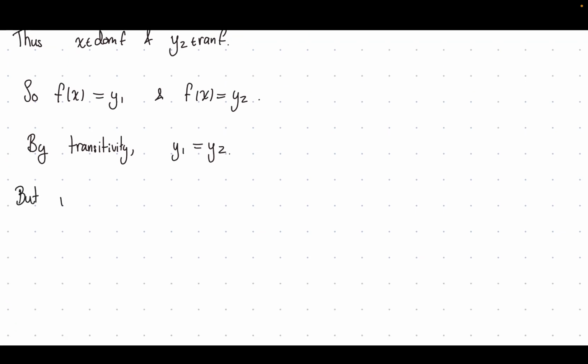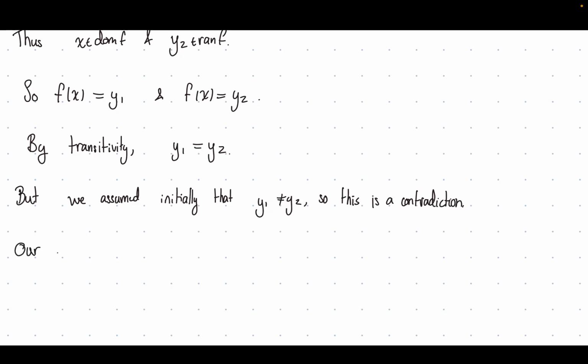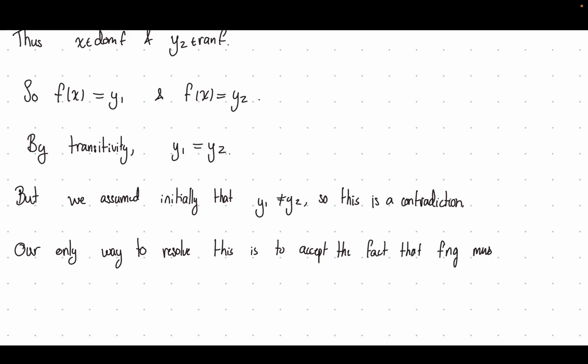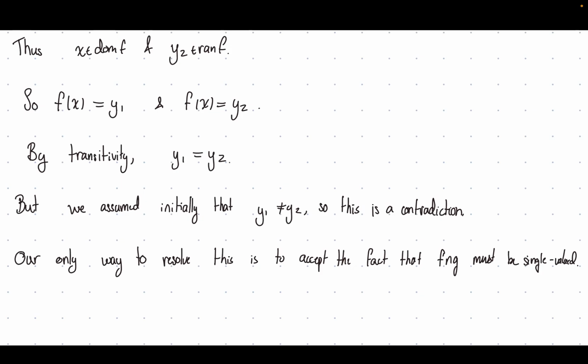But we assumed initially that y1 is not equal to y2. So this is a contradiction. And then our only way to resolve this is to accept the fact that f intersect g must be single valued. Right? So just to recap,